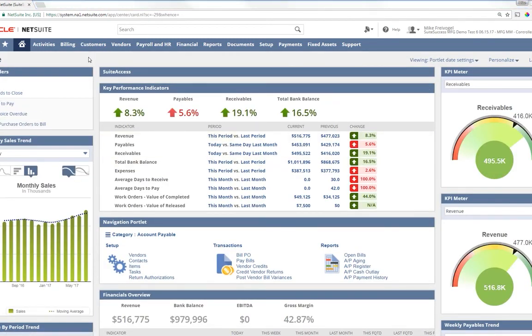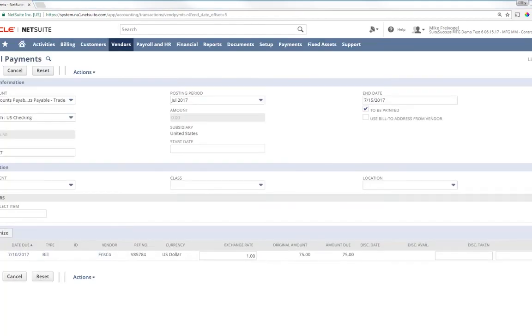Back on our dashboard, we also have a reminder of bills to pay. Here we can see that we have one bill that is ready to be paid. We can click on that and drill in and see the details of which bills are due. Here we can see the details about the bills that are due. We can even alter the selection criteria to filter down to the bills that we need to pay. We can mark